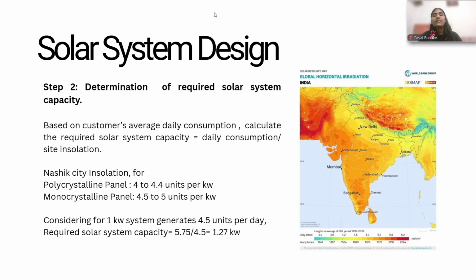So now the next step is determination of required solar system capacity, which is equal to daily consumption divided by site insolation. With the help of the map given on the slide, we can find out the insolation for a particular site. So for Nasik city, solar insolation for polycrystalline panel is between 4 to 4.5 units per kilowatt, and for monocrystalline panel is 4.5 to 5 units per kilowatt. So considering that 1 kilowatt system generates 4.5 units per day, required solar system capacity is equal to 1.27